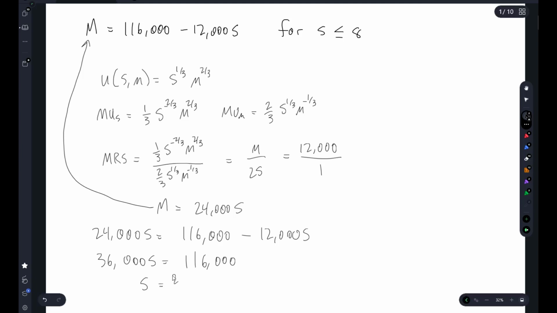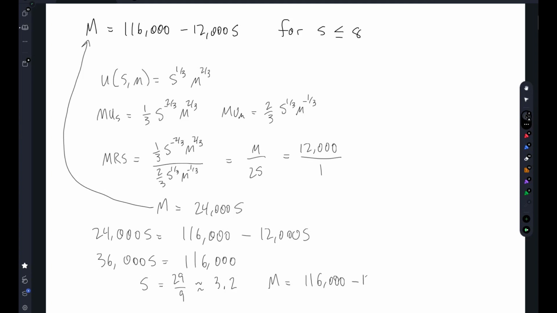And this is 29/9, approximately 3.2 hours. If you remember our example from the previous video, our manager shirked for only 2 hours and 40 minutes compared to 3.2 here. Because this manager now gets a fixed salary, in addition to their profit sharing, they have a little bit less incentive to work. Plugging this back into our budget to calculate our income, we get